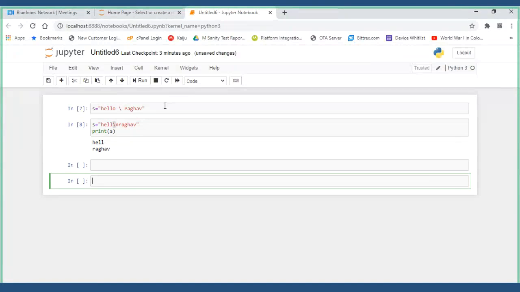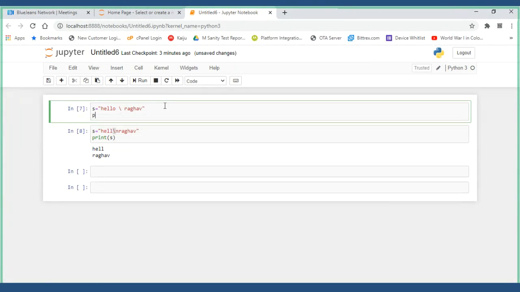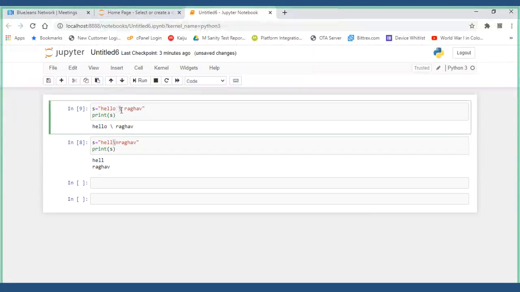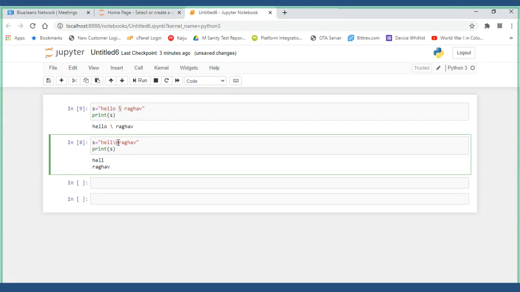Let me show it. Print of a backslash. It will first understand that it has to do something, and it will check whether any letter is next to the backslash, any specific letter.